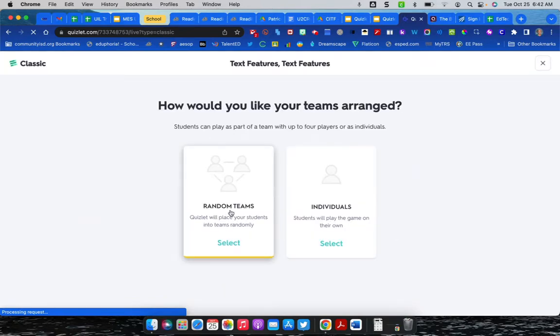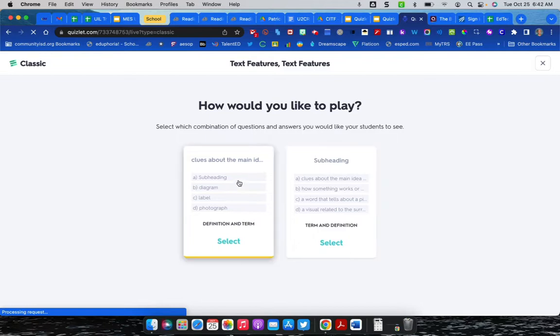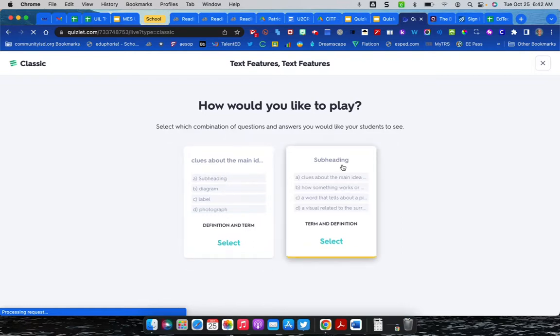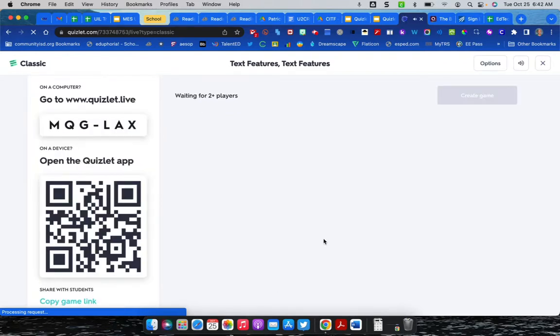You can choose to have random teams where it will put your class into random teams, or you can choose individuals, and then you can choose whether you would display the definition and then they have to choose from the terms, or whether you have the terms and they have to choose the definition. And so once you've selected this,